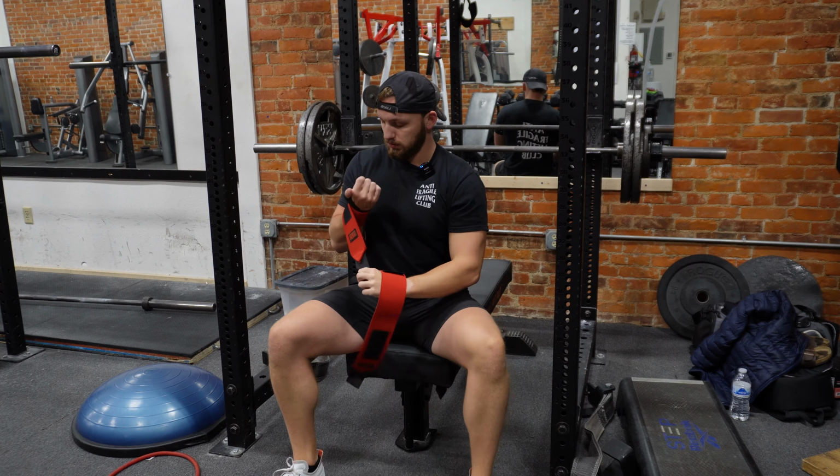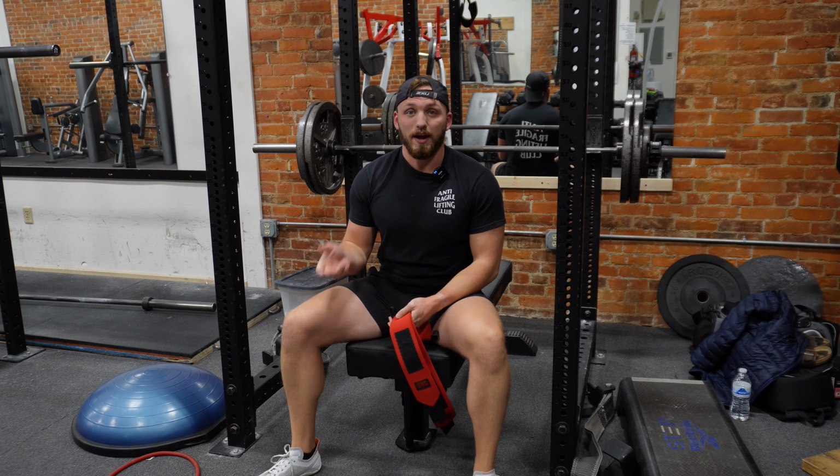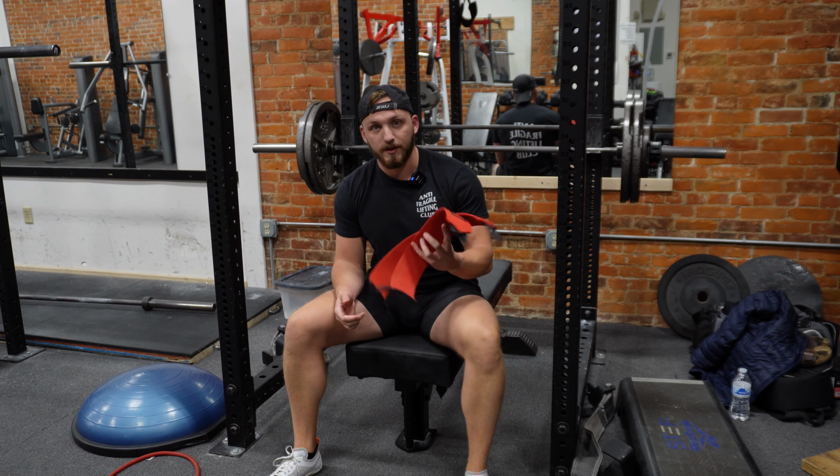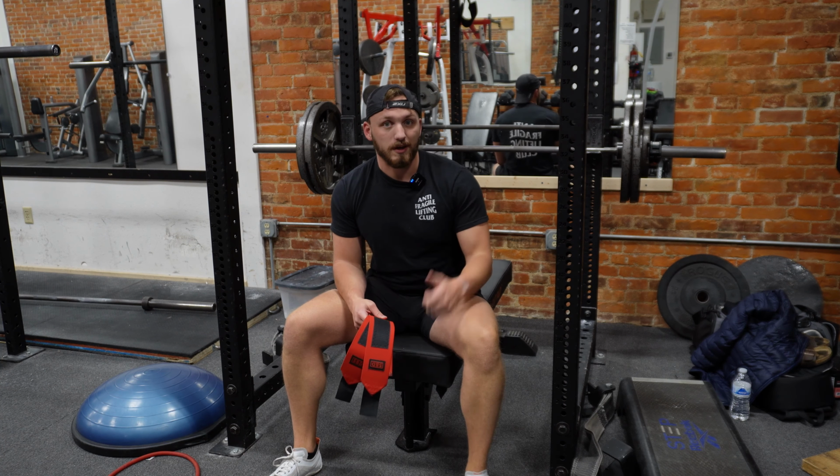So tip number 1, or 2 at this point with the bonus tip, is to plan ahead and pack all of the gear that you're gonna need to train. So about 2 weeks ago, I planned all my workouts that I was gonna do and packed all the gear that I needed, got my wrist strap, and have all the rest of my gear in my bag. This is gonna both force you to plan ahead so you know what you're doing,